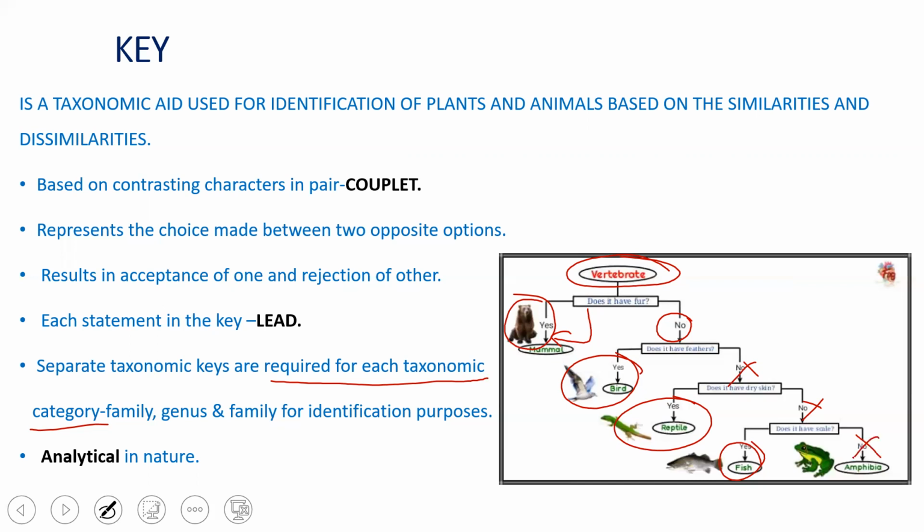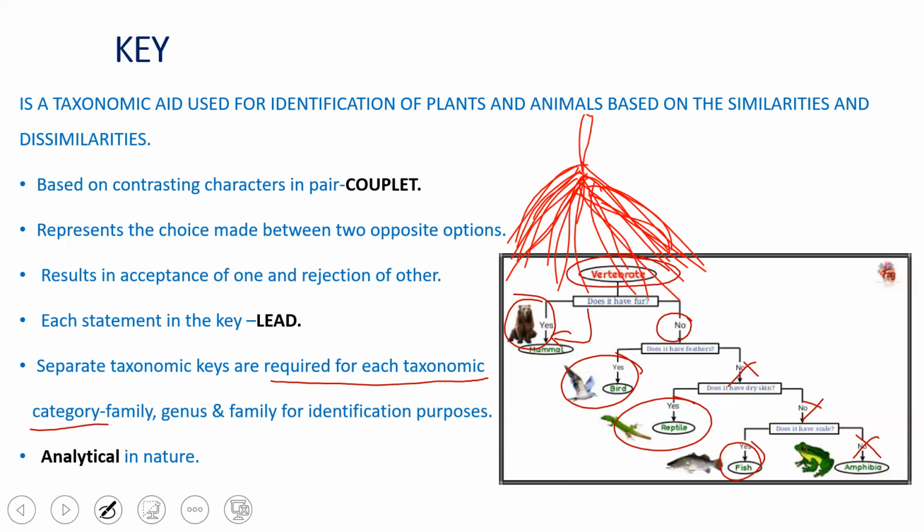Okay. So likewise, the statements have been accepted or they may be rejected based on the similarities and the differences between the characters, and these characters are going to help us for understanding an organism, which may be a plant or it may be an animal. Or let me take one more example of a plant specimen. We'll just understand with the root system. So if this plant specimen is having the thick root, which is having more or less a large number of branches, the tuft branches are present,